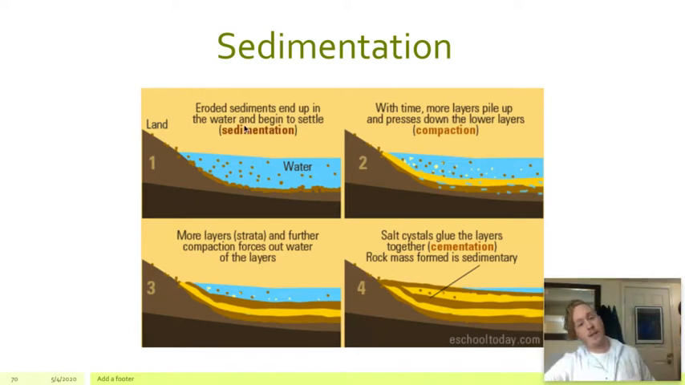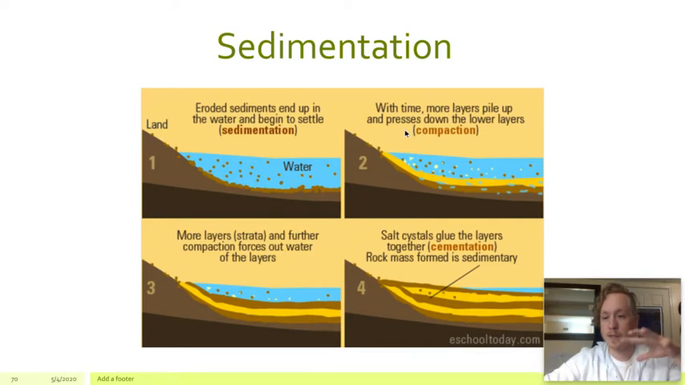They settle out of the water, they fall to the bottom, and they accumulate at the bottom of the river. So with time, more layers pile up, and they press down. They compact those lower layers. As time goes on, more and more layers get laid down, and then in this last part, the other stuff